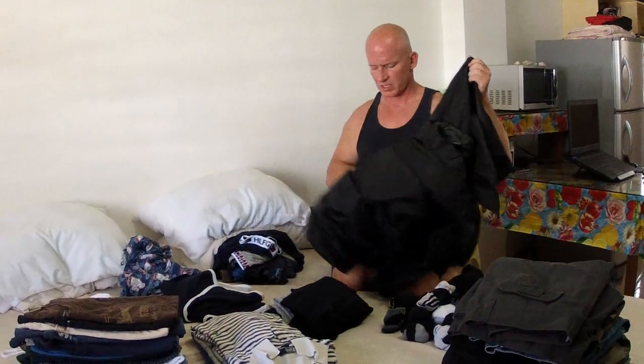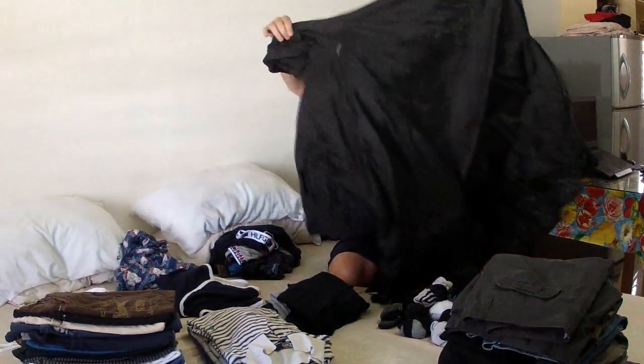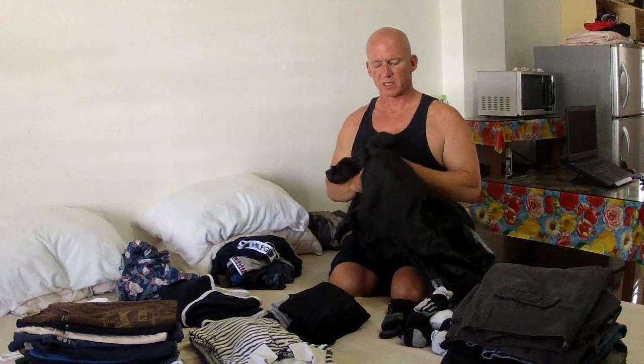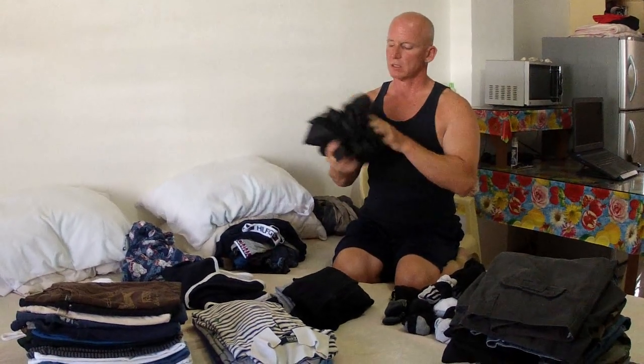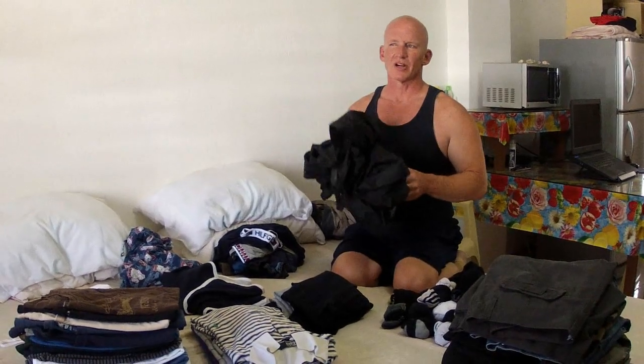Poncho. This is actually a hiking poncho that I got from Campmor in the U.S. And it's basically just a poncho. And this is going to be kept in the luggage box on my motorcycle. It packs up really small, so it'll fit in there no problem. This is something that you definitely need. It's hard to find